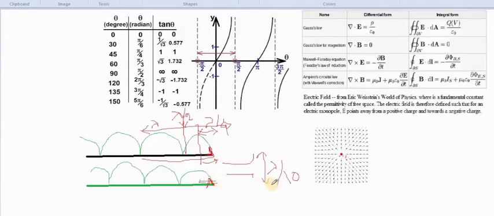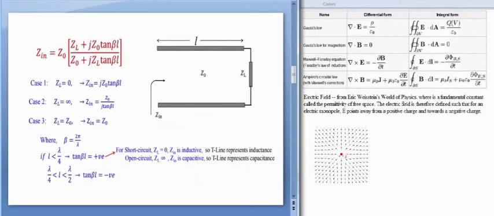So the total current will be in the similar direction, and it will be triangular for the first half, and for the second half it will also be given as a triangular current distribution. So for the infinitesimal small dipole antenna, if we make a bend at the end of an open-ended transmission line, we can get the infinitesimal small dipole antenna.